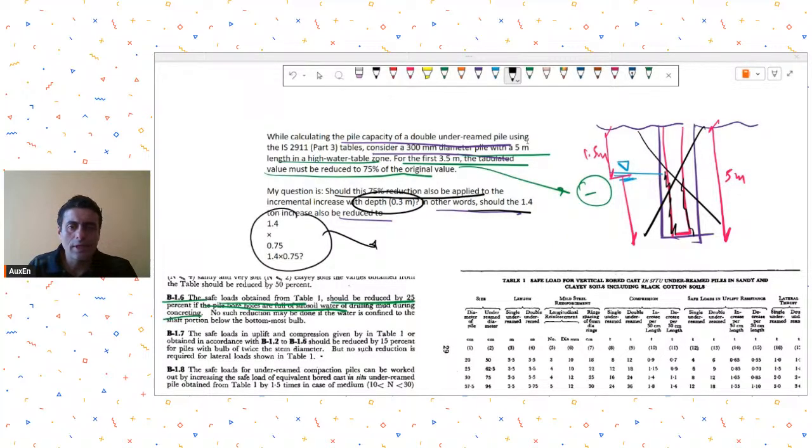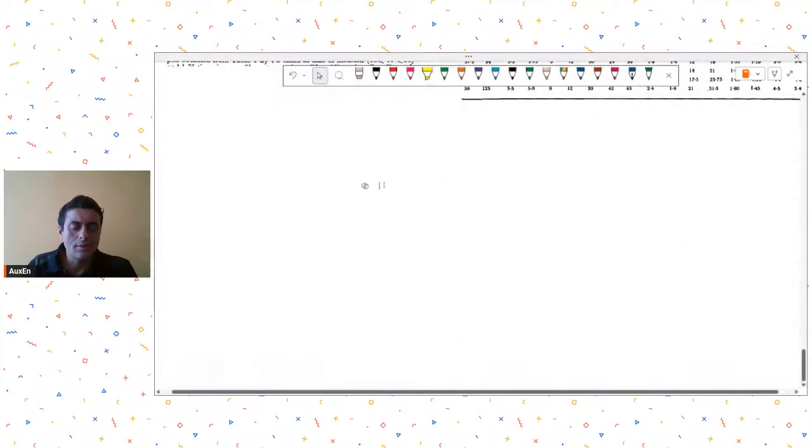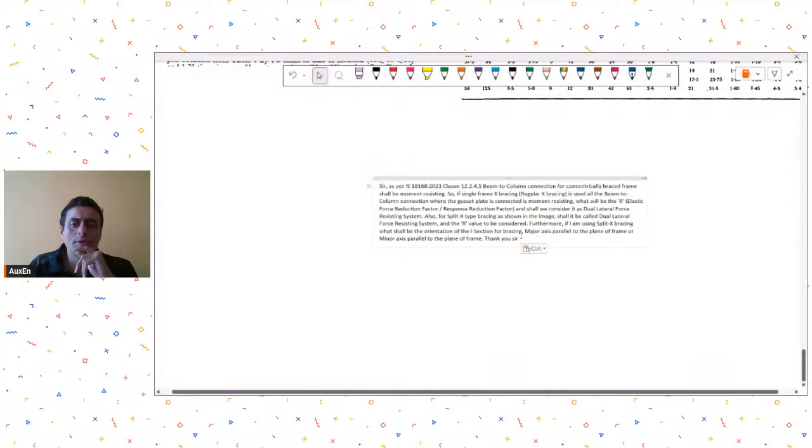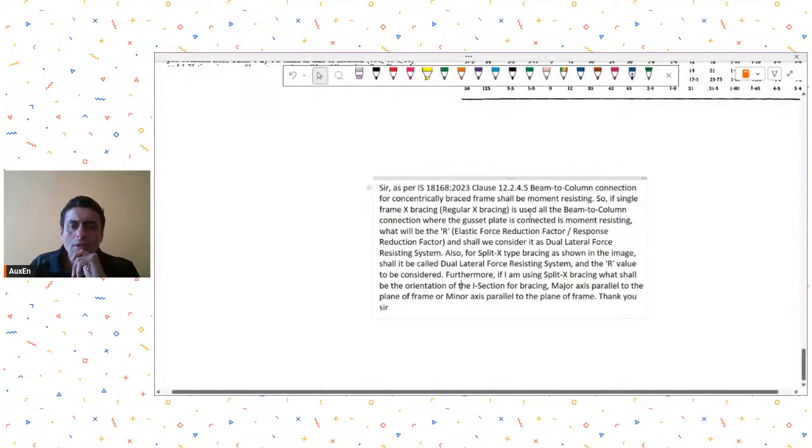Very interesting. I didn't know, so I must thank Mr. Vineet for pointing this out. Good. Next query is from Engineer Umang Patel. He had asked a query earlier also. He is saying,